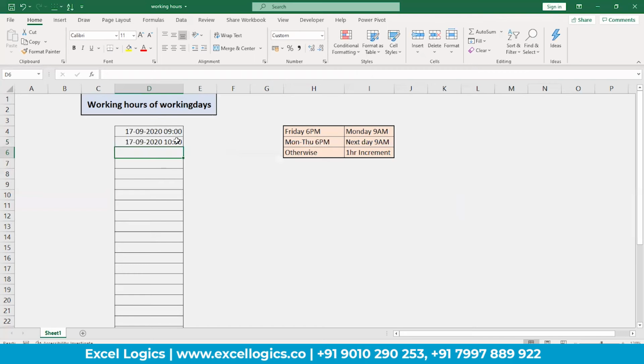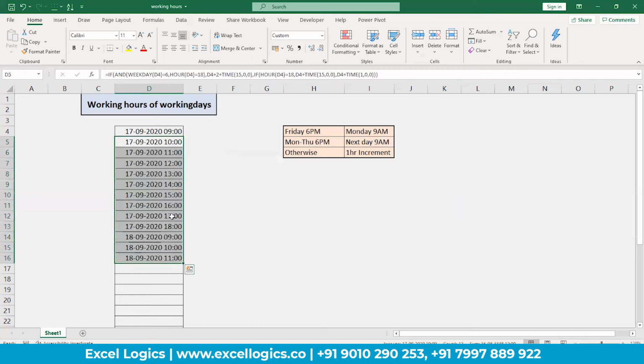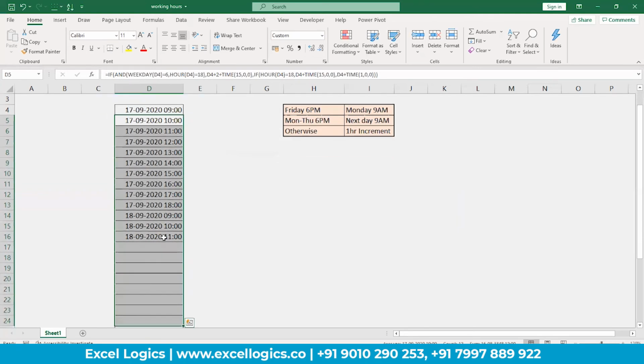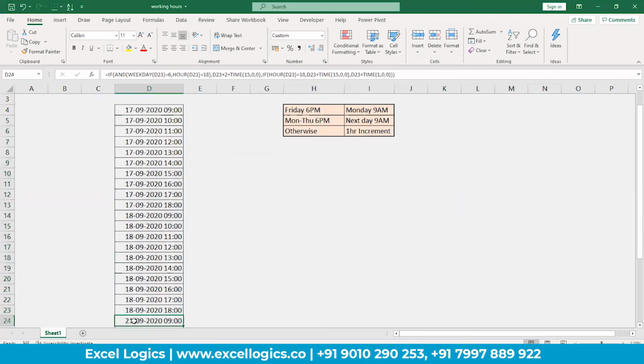See, we got 10. After 18, date got changed to 18th September 2020, 9 a.m. Here after 6 p.m., date got changed to 21. 19 and 20 are Saturdays and Sundays. So it is directly taking us to the 21st.